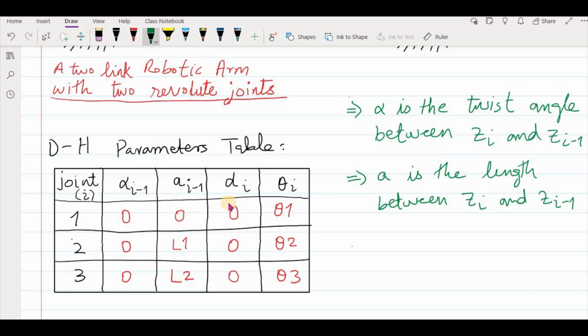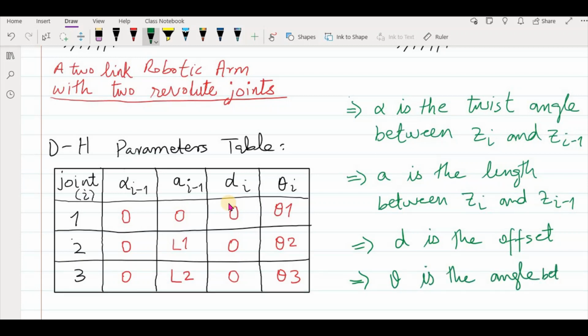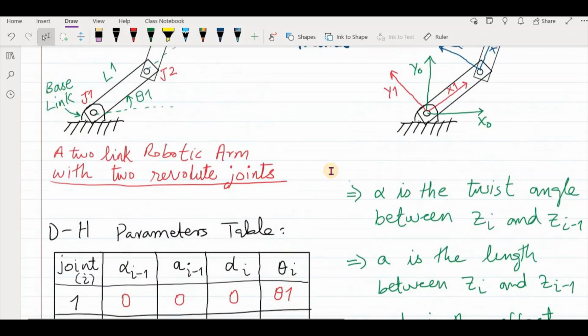And now what is the D? D is the offset. And theta is the angle between xi and xi minus 1. So here you have,